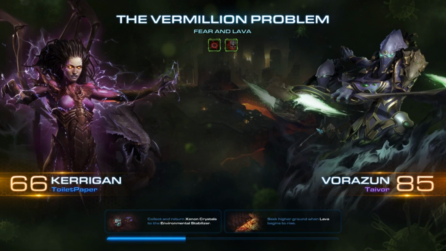I will deal with the rifts and the crystals, and you have to make sure that until I deal with the rifts, our base does not fall. So, there's one little problem with that. Vorazun is heavily attack oriented. Of course she could try to defend with